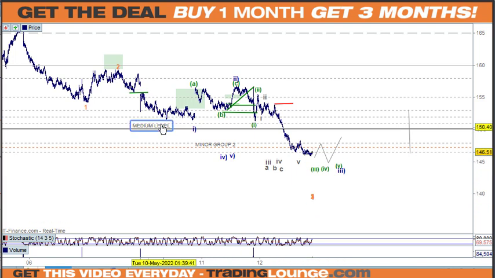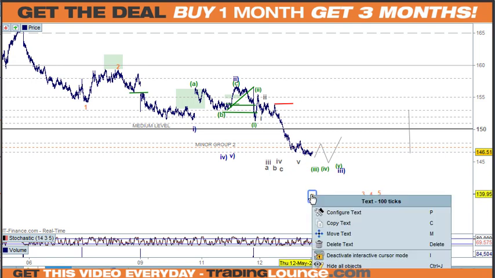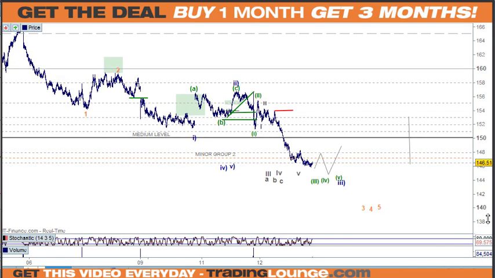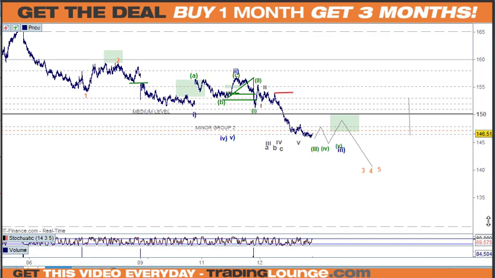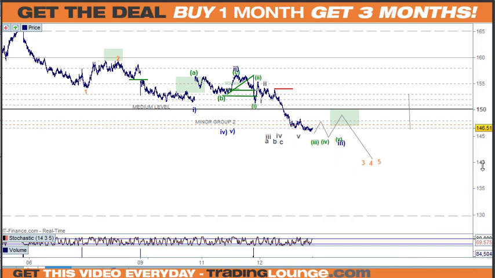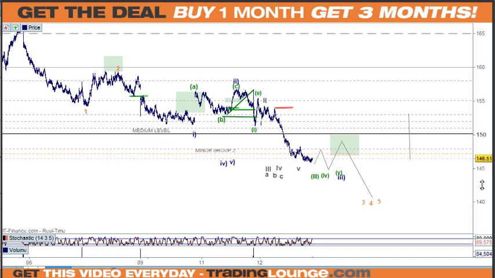But as you can see, we've still got a long way to go in all of these to the downside, that is. We really need to sell in that space. Going to copy that and put that there. To sell anywhere in there is fine. And then once this low comes in, we can also come back into this again. It should be a pretty smooth ride down to here further. I mean, it's going to be a bit bumpy, but